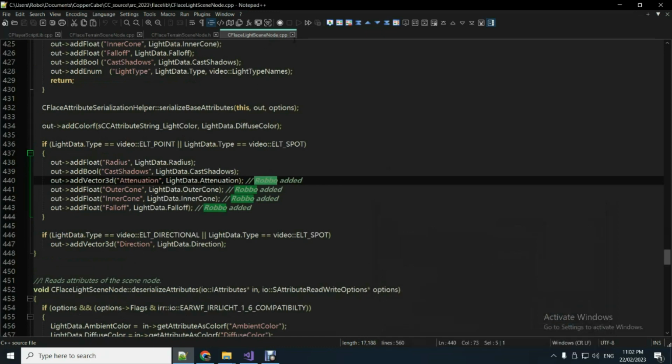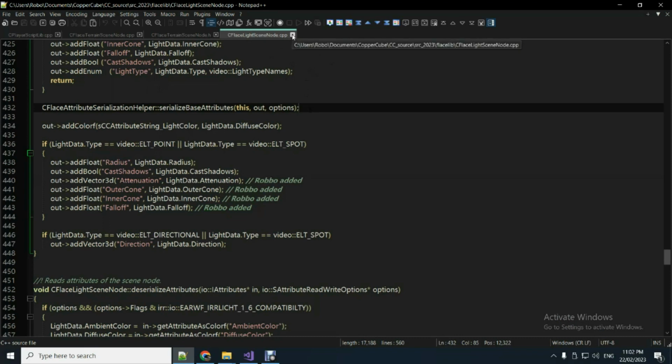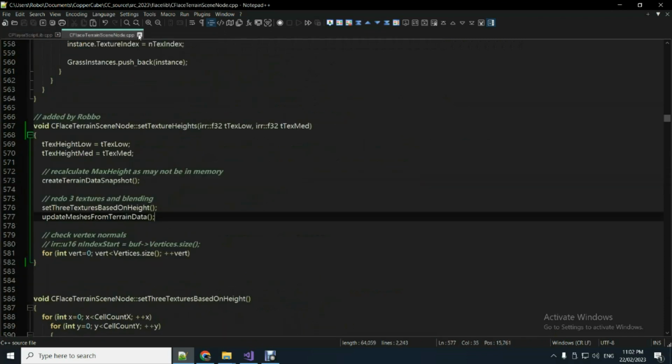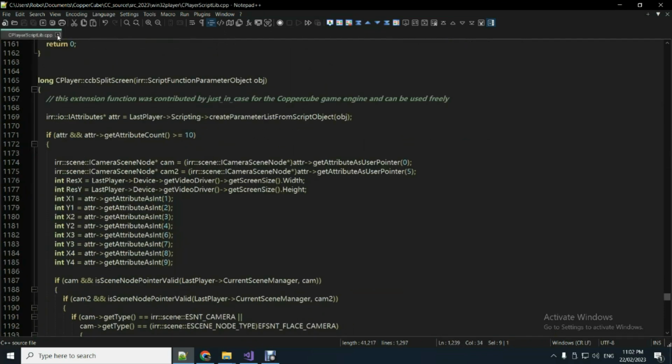Okay, so that's an example of getting a directional light to work, because it's held under the CFaceLightSceneNode. So any lights in the scene will be under this file. So you need to change that one. Any terrains, you need to update that one, the header file and the CPP file. Okay, so